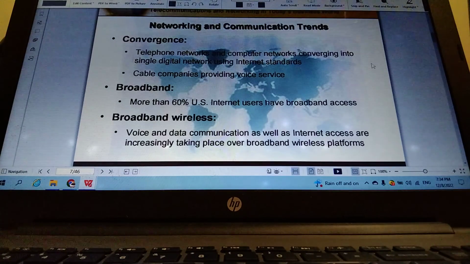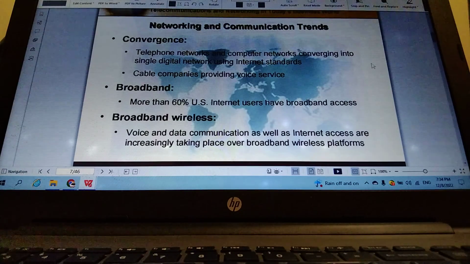The same goes for any other countries as well. Of course, in developed countries the broadband access level is higher compared to developing and third world countries, for example. Just for comparison, broadband is what we use to access the internet, and in today's world we have very high speed,